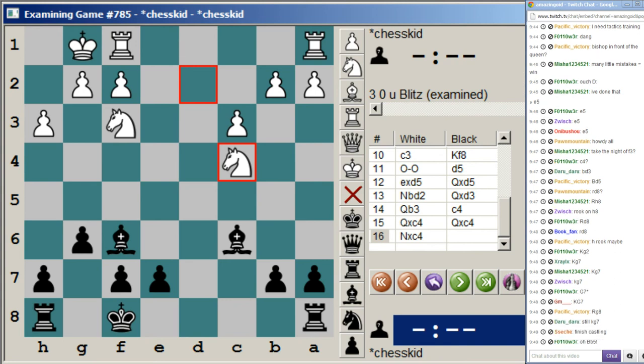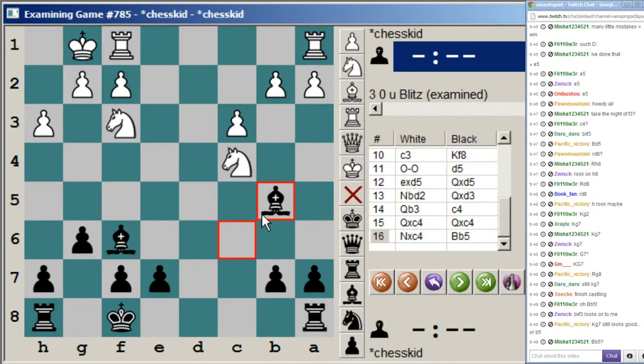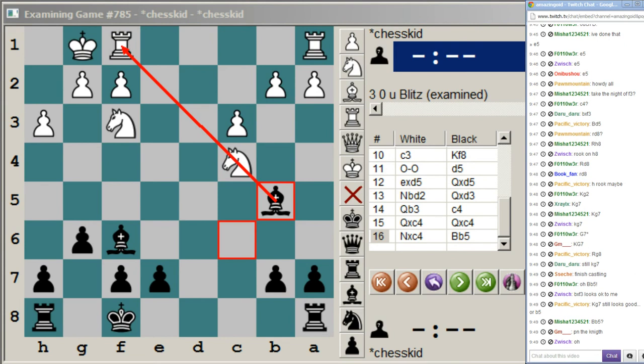Okay, well now there's something more important to do before we play king g7. The thing to notice is this rook and this knight. They're on the same diagonal. So the best move is to play bishop b5, pinning the knight to the rook. Yeah, and this actually wins material because